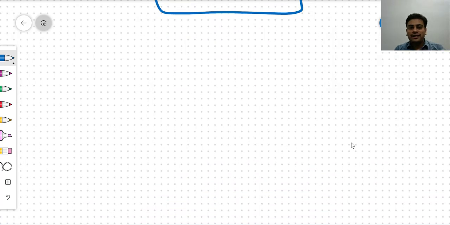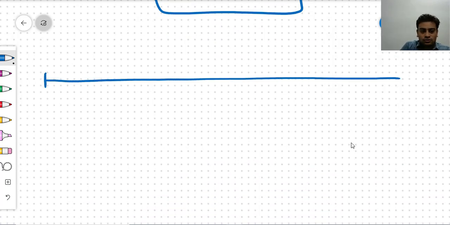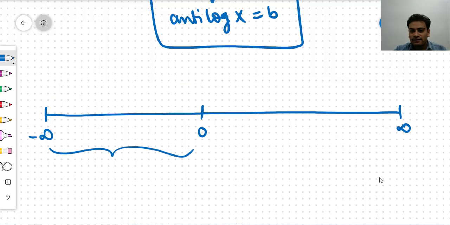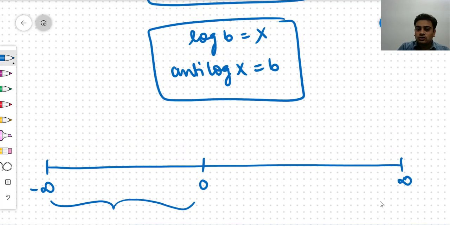So first of all, I will tell you the basics of log. This is basically my number line. On the number line, the left side is negative infinity and the right side is positive infinity. And in the center, I put 0. The key point to remember is that log is never defined for a negative number. I just told you that whenever I say number, it implies b, not x. So here you can see that what I write is log of b. Whenever I talk about number, b is your number.